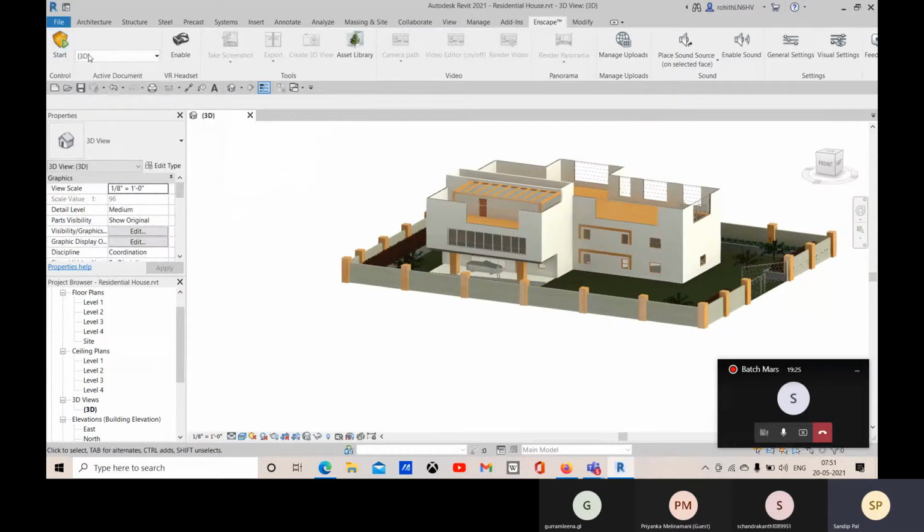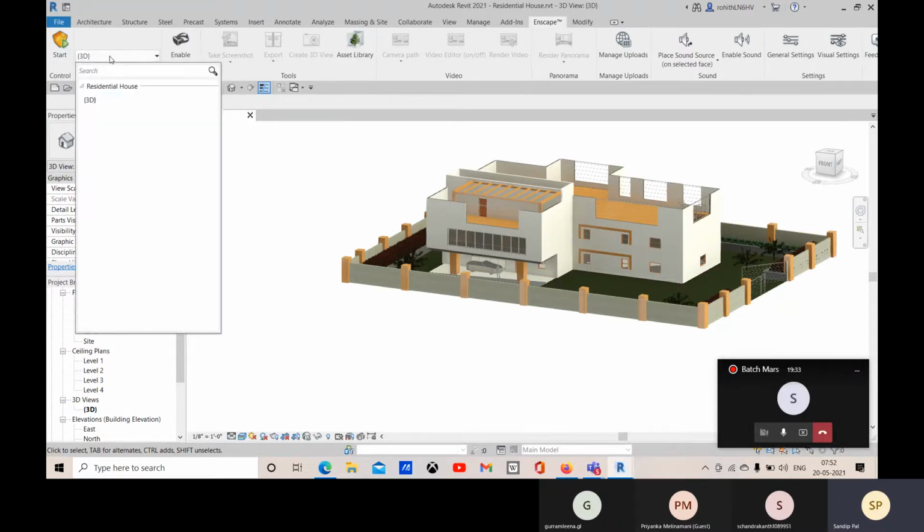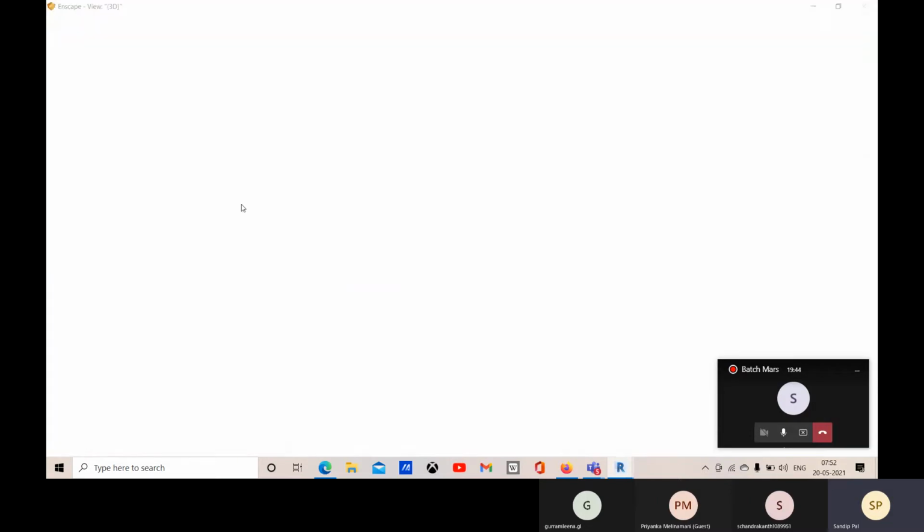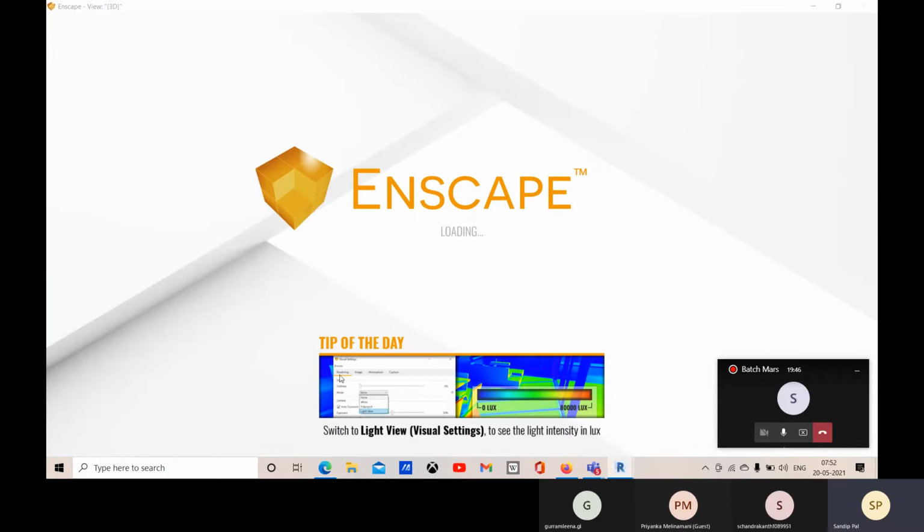For that, you have to select what will be the view you want to render in Enscape. Choose that. Right now this is selected. This is the only view which is created. And then after selecting it, you can go for start and Enscape will be opened.